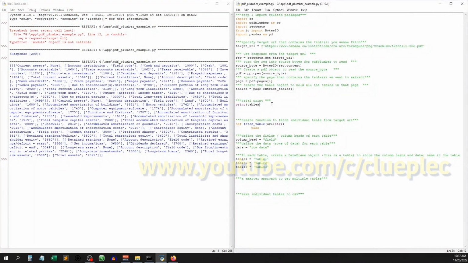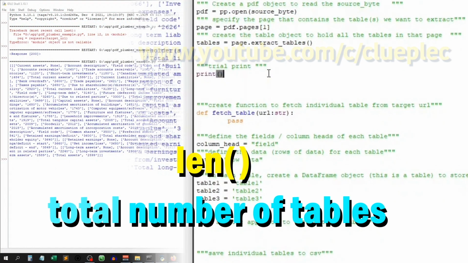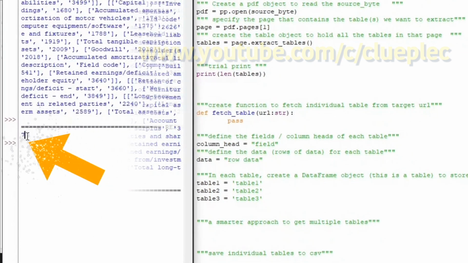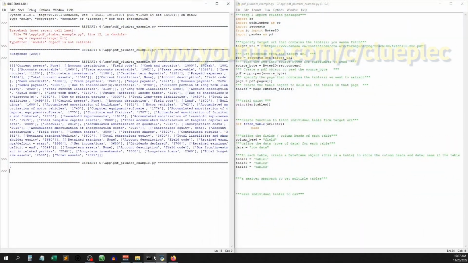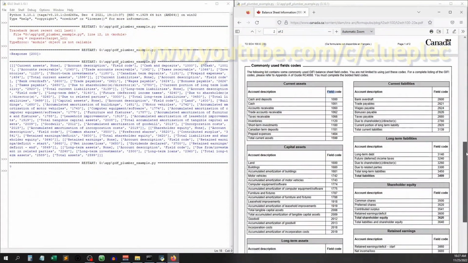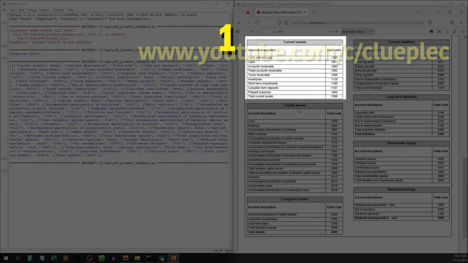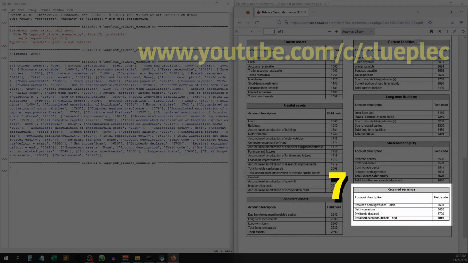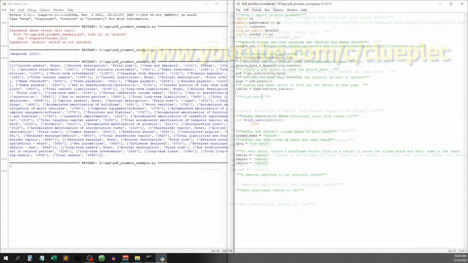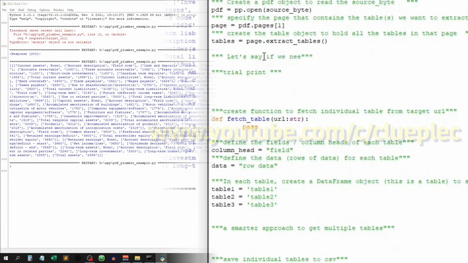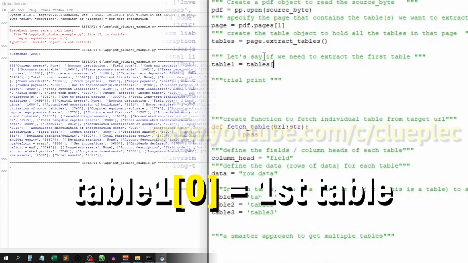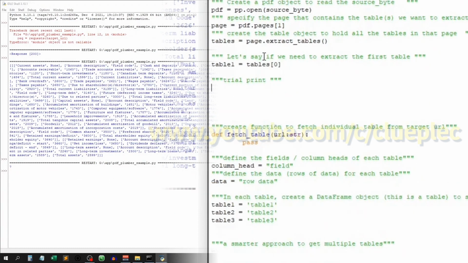Here we can use the len function to find out the total number of tables. 7. So let me check if we have 7 tables on the page. 1, 2, 3, 4, 5, 6, 7. Let's say if we want to extract the first table, so inside the square bracket, we put 0. When you print it out,